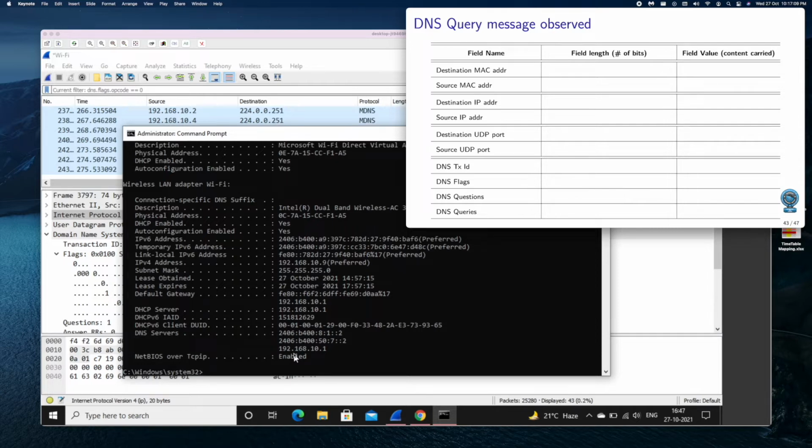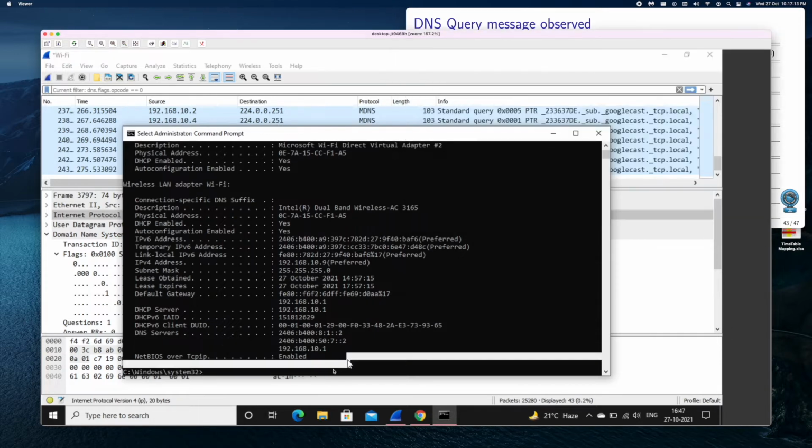Let's see practically how to do that. Before that, I'll just show you some commands here. For example, our laptop might have already got some names and converted them and stored them in its memory.